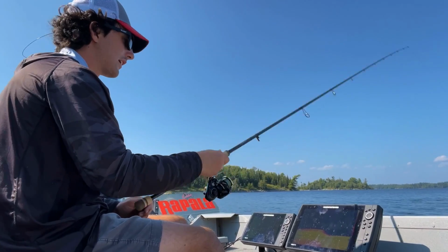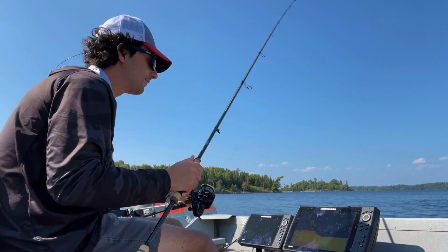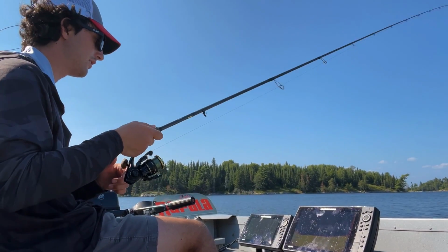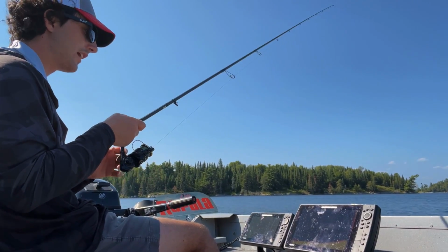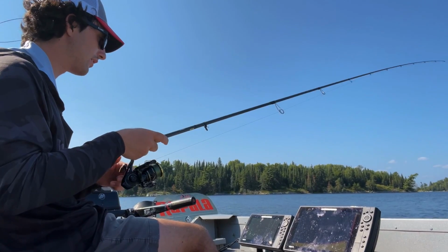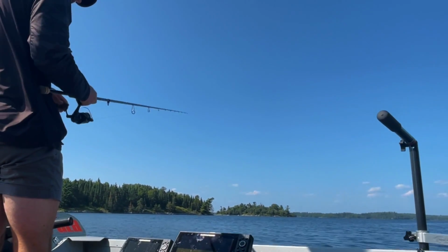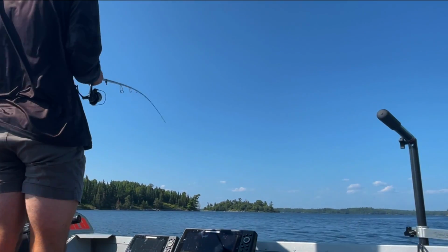Lazy man's fishing. I get to sit down and make a couple casts. Got my eyes on the screen here. This bait's called the Heavy Hitter, which is kind of a funny name because when they hit these things, especially walleyes, they usually whack the daylights out of it. I know there are walleyes around here. I'm not marking any right now, but pretty close to shore right now, so I can kind of...